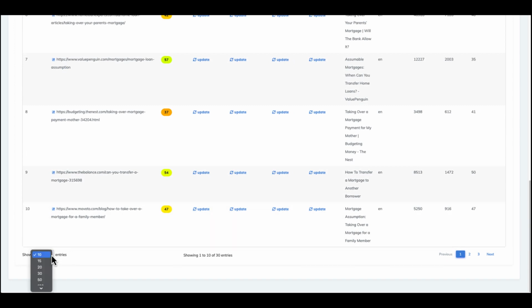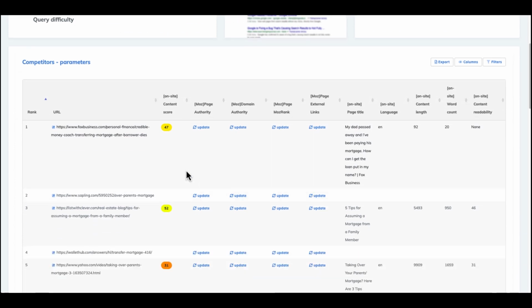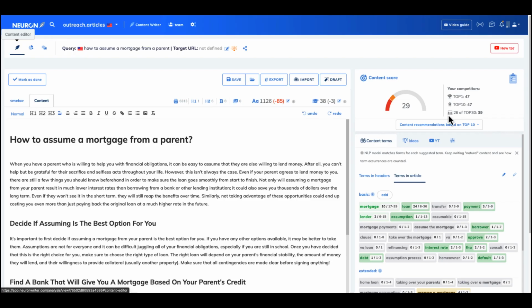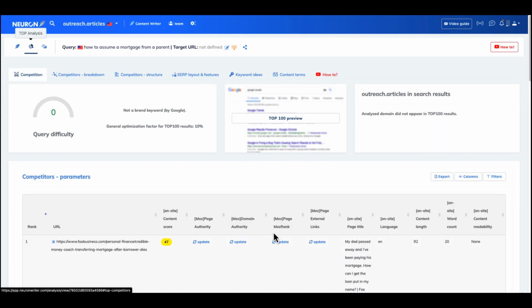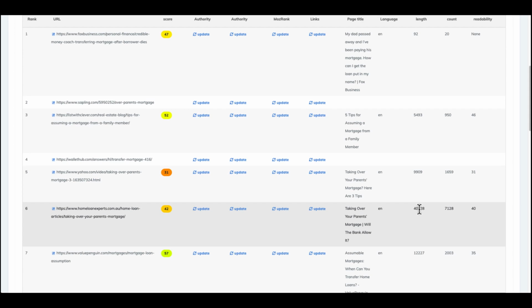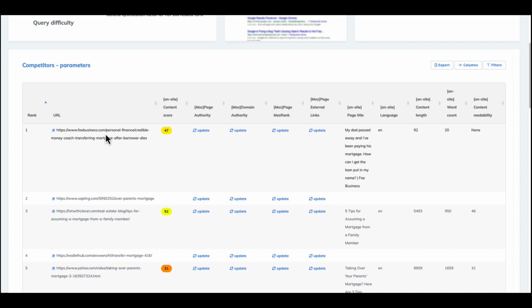the top 10 entries or the top 50, top 20, whatever you need, what their on-site score was or is, language, the length, so how many words. That's kind of the number that they're finding the average, we're getting the average from. That's where this number is coming from, that we need over 1,200 words to rank this article for this keyword. It is looking through data from the other sites and finding the average. You have some things here that's like 40,000 words, almost 10,000 words. This one's only 92, but obviously Fox Business, some authority there, number 1.